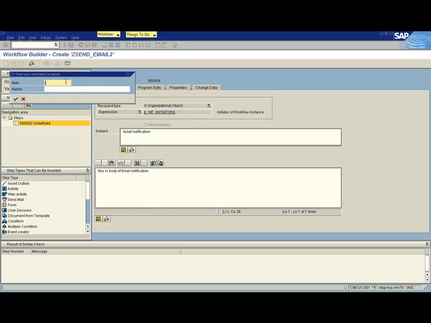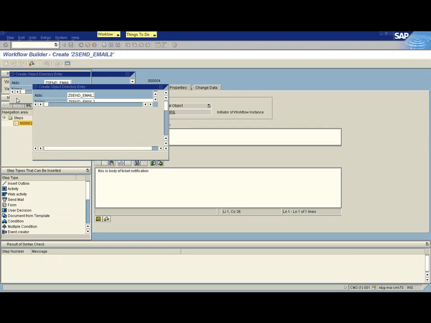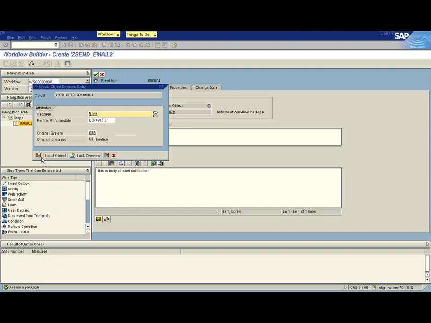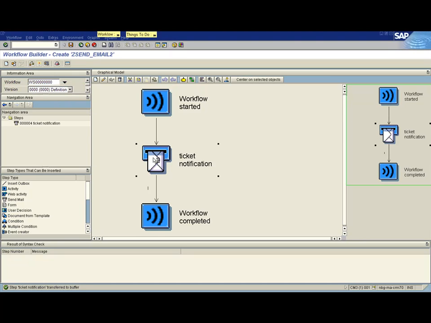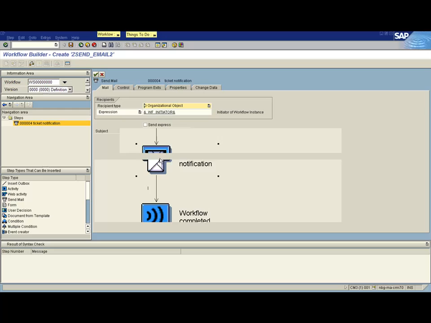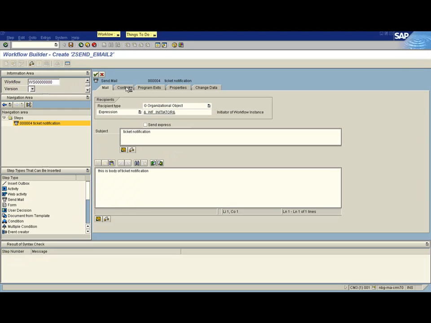Then, in this step, I want to create a new task, the name of the task. Create a send email to for the name. And choose OK. And here it will create a new transport. Use the local object because now I don't want to transport this. Then I wanted to show you the task that I already created.